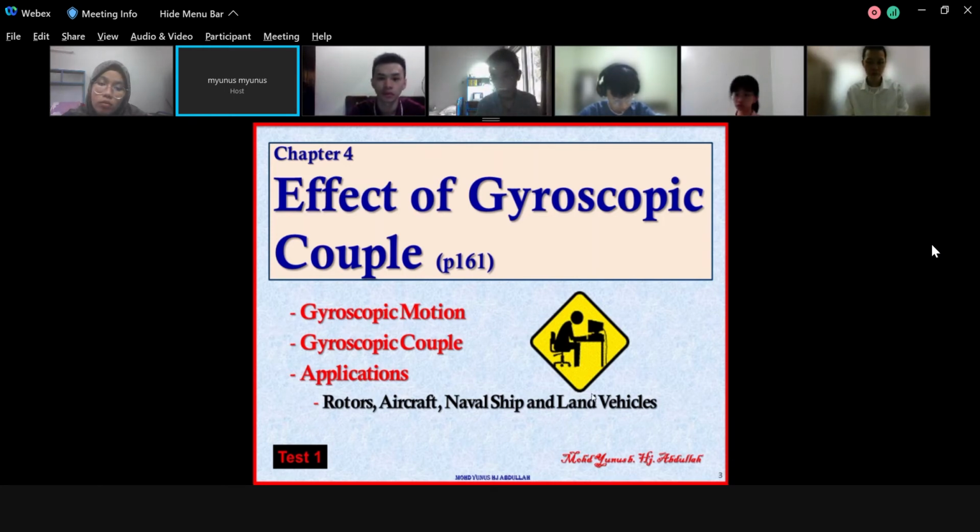Here, for the land vehicle, we're not going to talk about, for example, the motorcycle, because a motorcycle has two wheels, so the gyroscopic effect will be based on the rider itself. For the vehicle, it will be totally based on the body of the vehicle itself, for example a trolley, anything where the tire or the wheel sits on the surface: a trishaw, trolley, cars, lorry. So things like a motorcycle will not be part of your topics, even though it is more interesting, because the effect keeps changing depending on the rider.